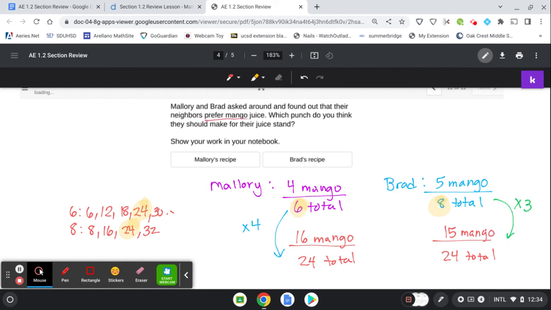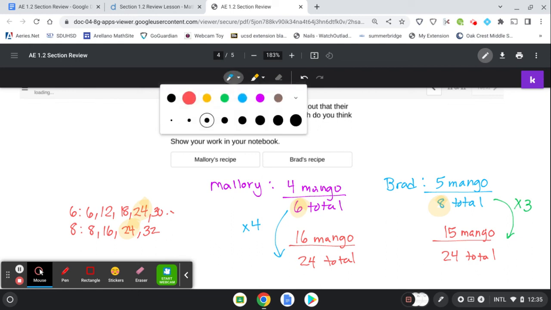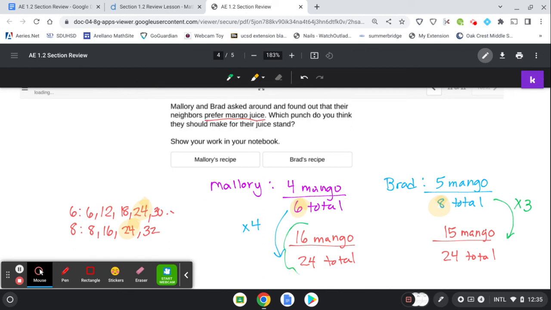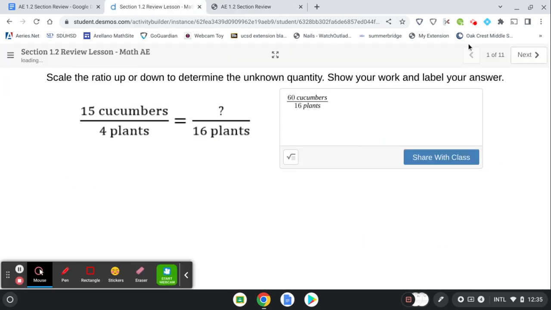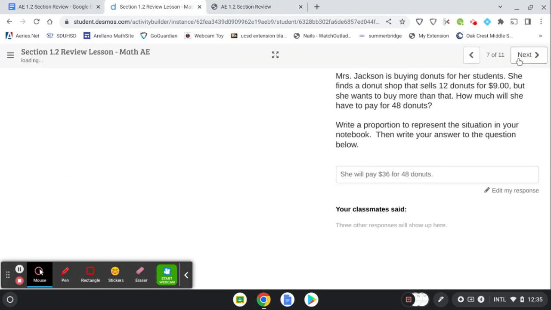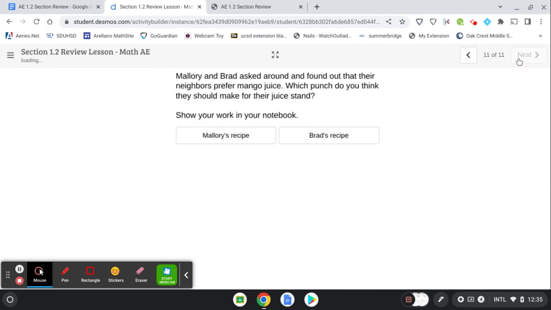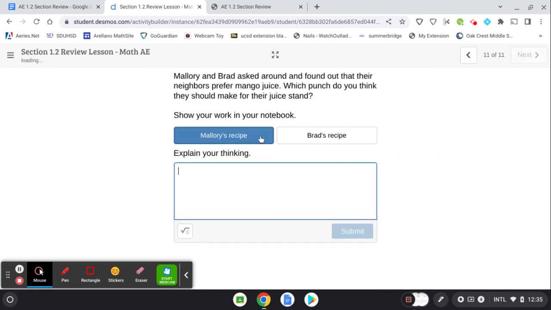So if your neighbors prefer mango juice, whose recipe should you choose? So out of the 24 parts, who has more parts mango? So it looks like Mallory's recipe has 16 parts mango out of 24. So we would select Mallory's recipe. Okay. So in your Desmos lesson, you would click on Mallory's recipe, and to explain your thinking, you would type in,